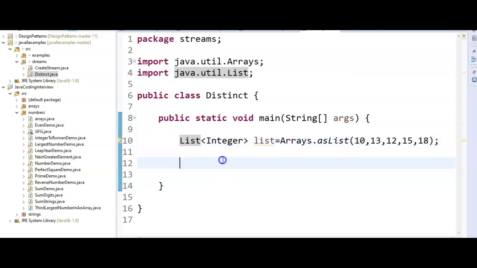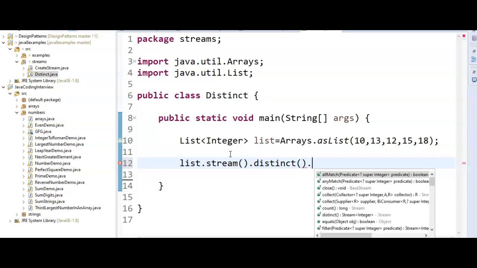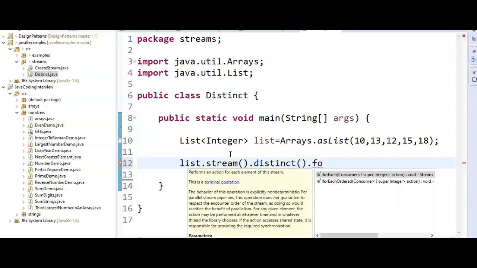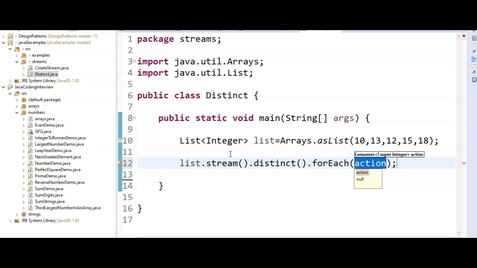And here what I'm trying to do, I'm just saying list.stream().distinct(). Once I call the distinct method, after that I'm just saying forEach and System.out.println.